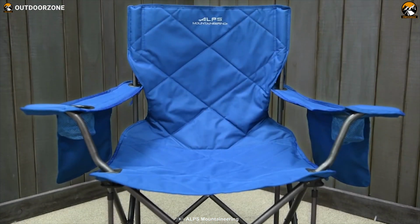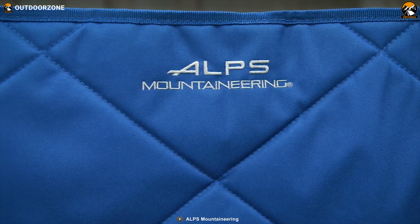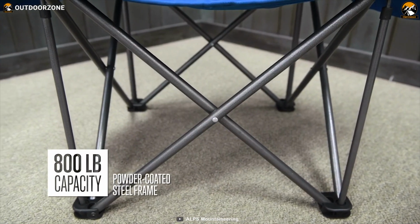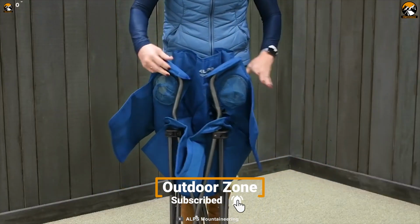Featuring a bigger seat area for maximum comfort, the ALPS Mountaineering King Kong is a solid, durable, and foldable chair that makes camp lounging a simple affair. This camping chair has a sturdy steel frame with a powder-coated exterior that you can count on to last a lifetime. You can set up and disassemble this chair in just a few seconds, which is why it is ideal